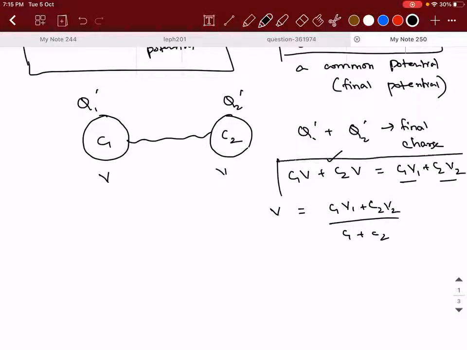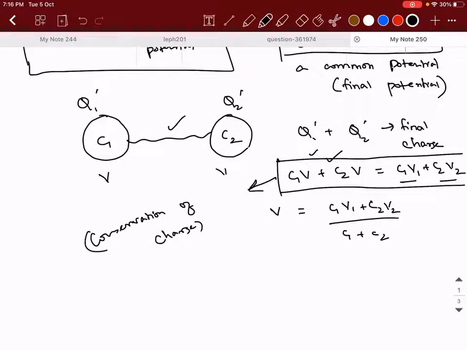Can someone tell me what is the step I followed here? What is the technical name of this? Let me see how many of you understood. What is the technical name of what I did? I equated the initial and the final total charges of the system. They are isolated charges. Conservation of charge. So we applied the concept of conservation of charge, because I'm assuming that the charge is not lost to the surroundings. Guys, did I answer your question?